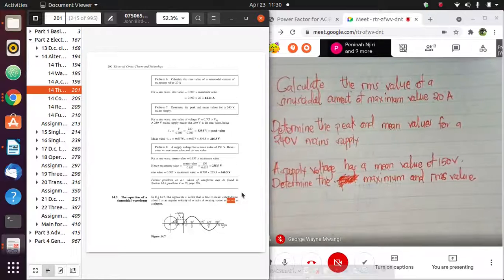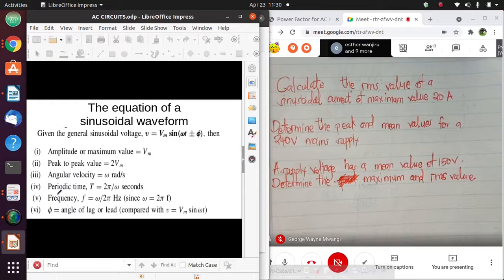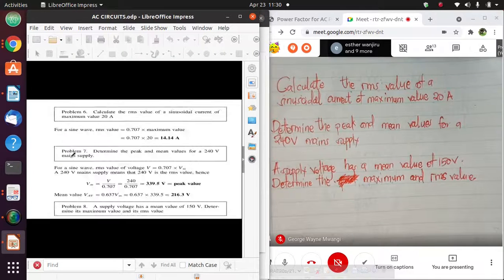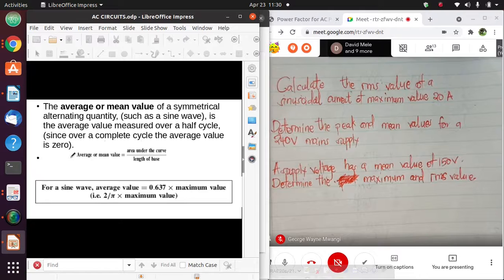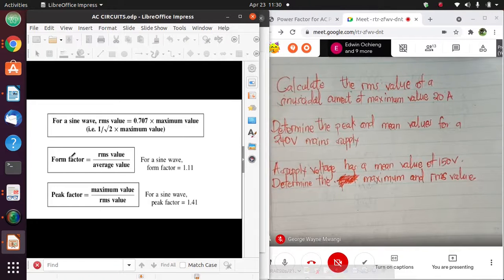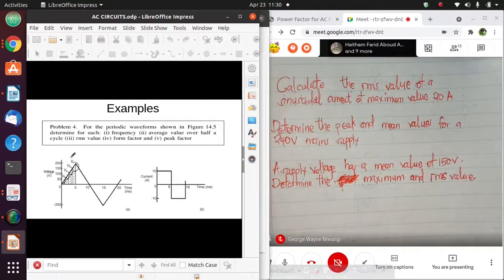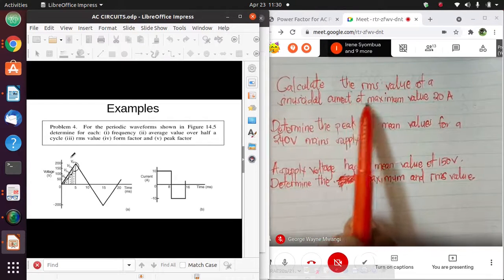From last time's class, we were talking about AC values. We had talked about peak value or amplitude, peak-to-peak values, and mean value. We had also talked about RMS value and how to calculate it. We wrote two formulas. Now, for example, this question: calculate the RMS value of a sinusoidal current of maximum value